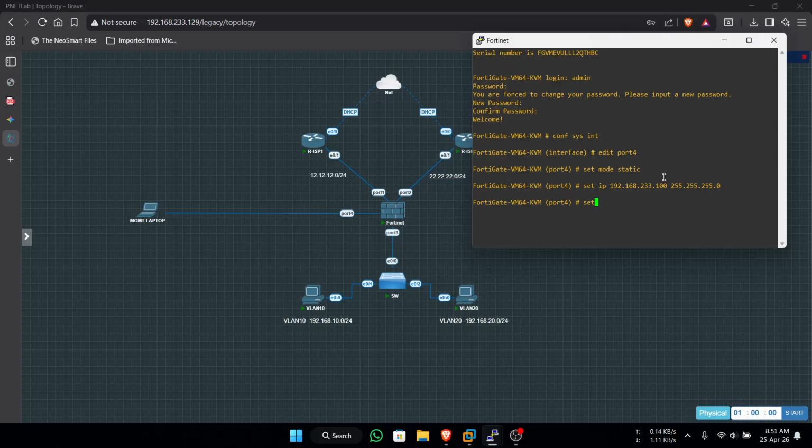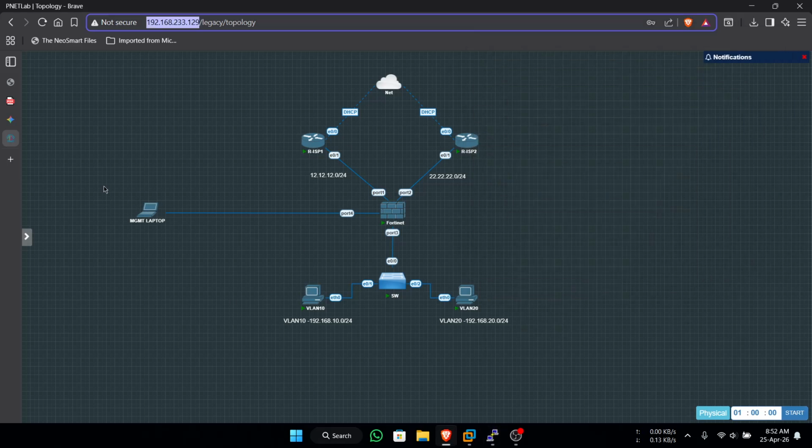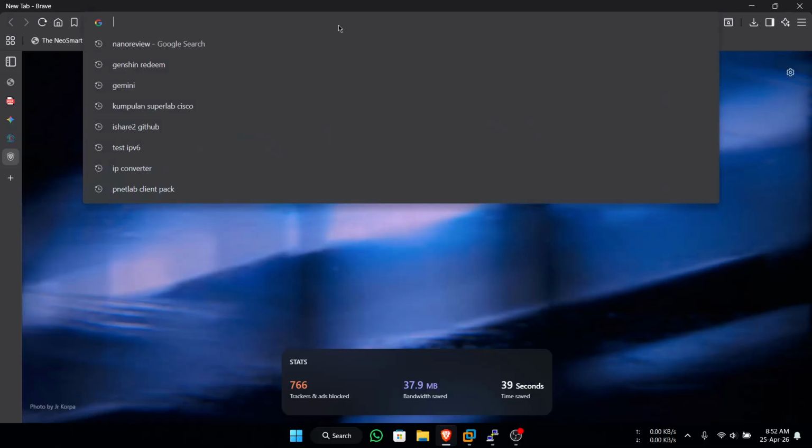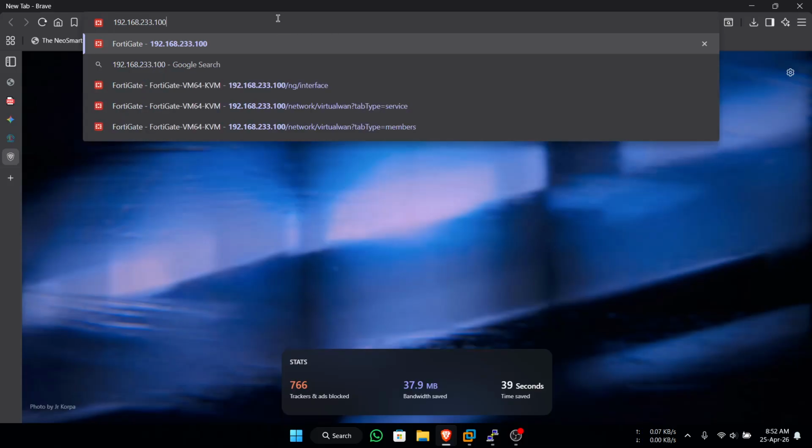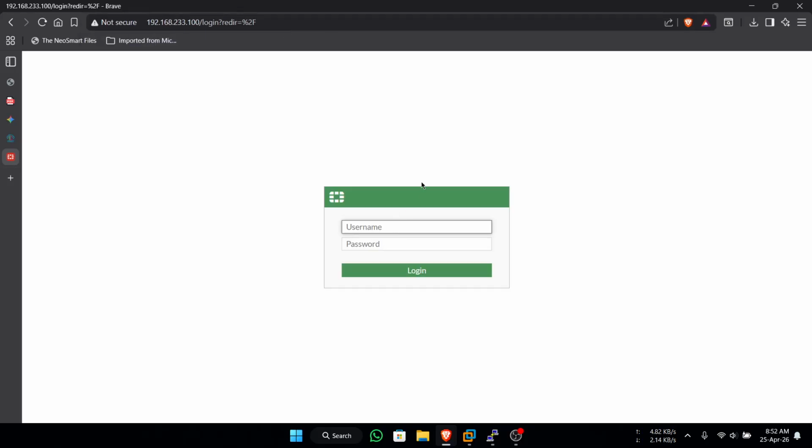Then set allowaccess http https ping ssh. Okay, like this. Testing for the GUI, you can type the IP address. I tried this before. Okay, now you can see the GUI of Fortinet shown here. Login as before.